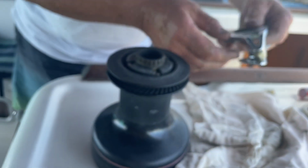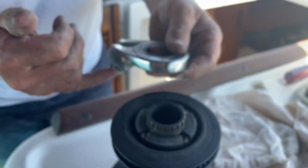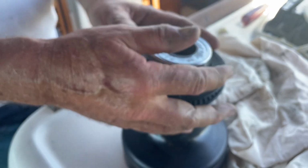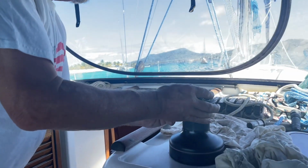Very easy to do. This is all lubricated. The gears are lubricated. This here will pick up the lubrication from down below there. Just like so. And then the key is here, this is the self-tailing winch. You want it in such a way that it will self-tail when you're standing back here to pull the line. So I like doing it on about a 45-degree angle to the,